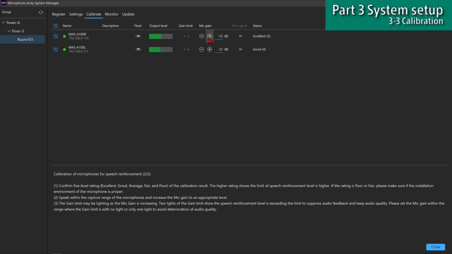After calibration, if you want to change the mic volume, please use the mic gain of MASM1 or beamforming microphone Web UI. Checking gain limit, no light or one light is fine, but two lights cause poor audio quality.